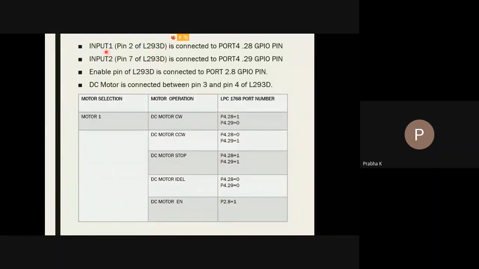Please listen here. The input 1, that is pin 2 of L293D, is connected to the port 4.28 GPIO pin. That means the port 4.28 pin is connected to input 1 of L293D.